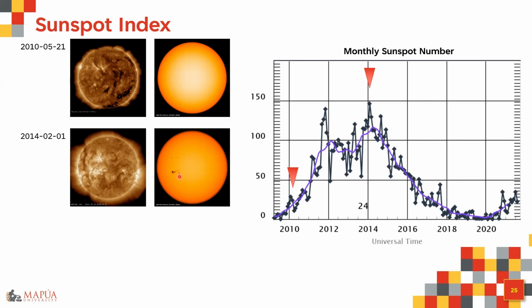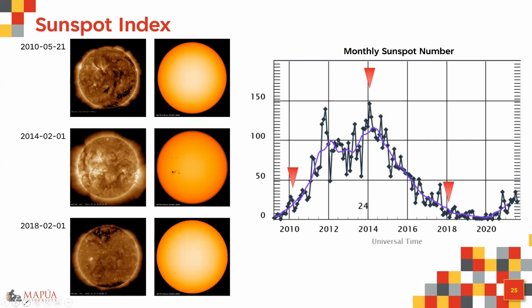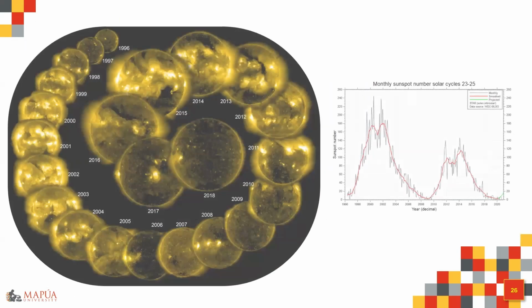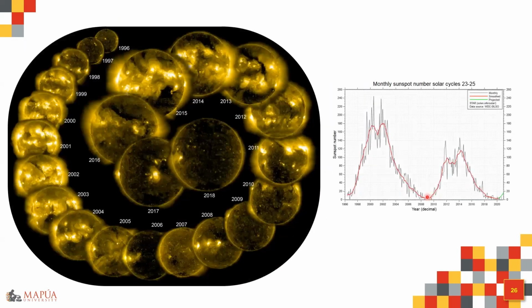Moving on, going to the next solar minimum, you can actually see that there is again a decreased solar activity sometime in 2018. So this is February 2, 2018. Okay, so this is actually one whole solar cycle already. Relatively, solar cycle 24 is about half in terms of magnitude as solar cycle 23.